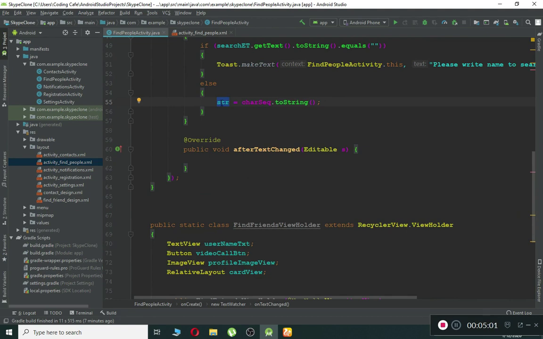So to perform a query on it and retrieve only the users whose name contains this, let's say first name or second name, whatever it is, let's say John Parker, John Peterson, John Mark. If a user types John, then it will retrieve all the people whose name contains John. So in order to write a query for that, and also one thing which I want to mention is that